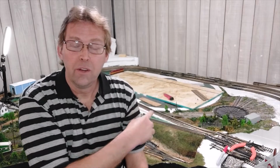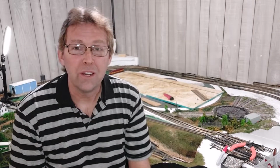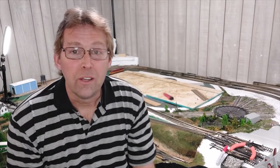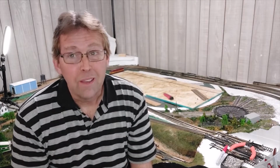So as you know, I've been working on this part of the layout behind me here. This part of the layout here, I've turned it into a little bit of a series. Yeah, I know it probably could have been a little bit more exciting, but I wanted to take you through the step-by-step processes of what I did while I was working on it. And that way you could follow along and see all the different changes that I was making, some of the couple of mistakes that I was making, and